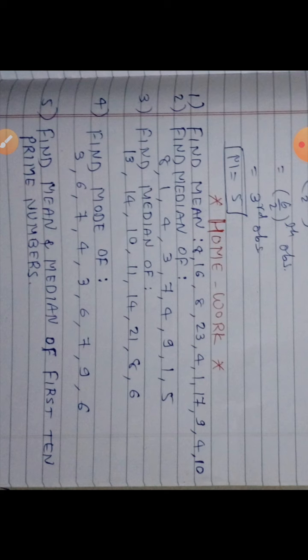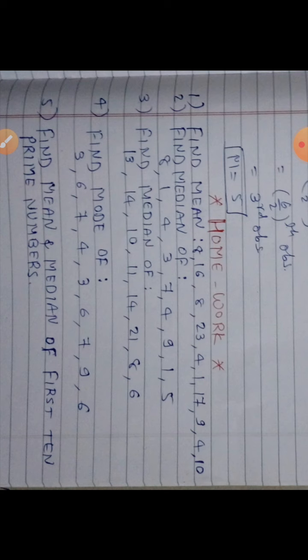Suppose there are 100 students in a class and I want to collect your marks. So I ask one by one all students and I write down by making commas in between. So that list of all marks is nothing but ungrouped data. Then if I process this data and make a table, suppose a 10 marks test is given. So 1 mark, how many students got 1 mark? I write 1 and then number of students 10. Marks 2, number of students 8. Likewise, if I convert that data into a table, then it will be called grouped data.